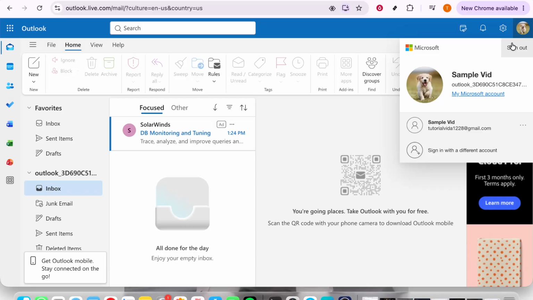If you need to log back in, you can easily do so from this page by entering your credentials again. Remember to keep your login details handy but secured to make future sign-ins smooth and secure. By following these simple steps, you ensure that your Outlook account is efficiently logged out, helping protect your private email